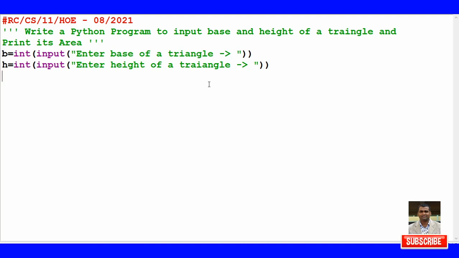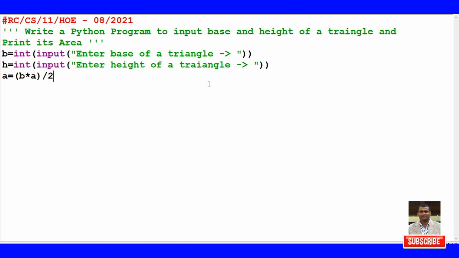Now how to write the expression, that area is equal to half into base into altitude? I'm going to write a for area equal to, now how to write half into base into altitude? Can I write it this way, half, 1 by 2, then into base into altitude? Is it a correct expression? Or can I go for this way, a bracket, base into altitude, and by 2? And this by 2 means it can print a decimal value also. That is the same thing, half into base into altitude. So let's see one by one what both outputs are.